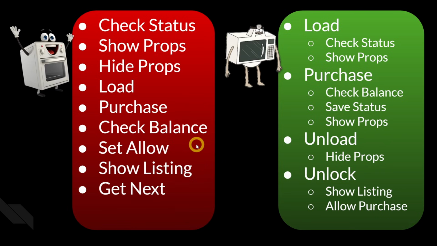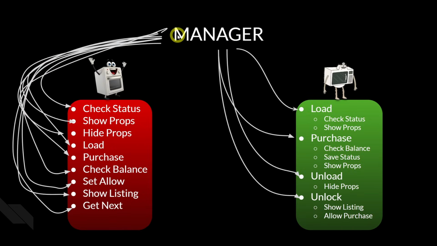So if we were making a tycoon, for example, let's say this is one of the purchasable things in our tycoon. In a bad API with a bunch of public methods, you'd have all these, right? And then in a good one, you'd have 4 public methods: load, purchase, unload, unlock. And then you have all these private or internal helper methods. I would say private in this case, but that you do the complicated stuff within that class, within that module, so you don't have a manager that has to make sure all these things are called before you